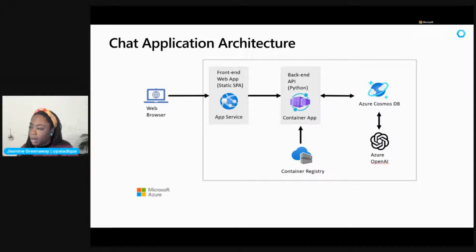the front end to a static single page application, also known as a SPA. And we deployed that to Azure App Service. The App Service is for hosting any web application that you may have. So